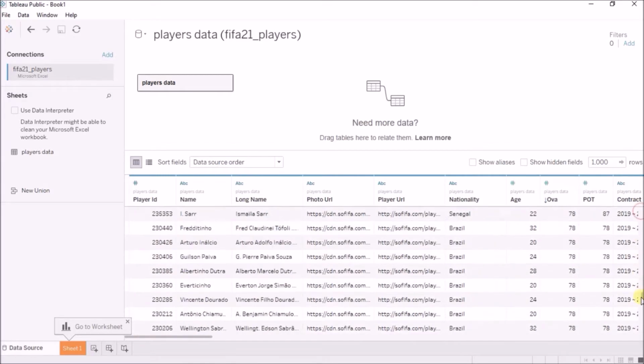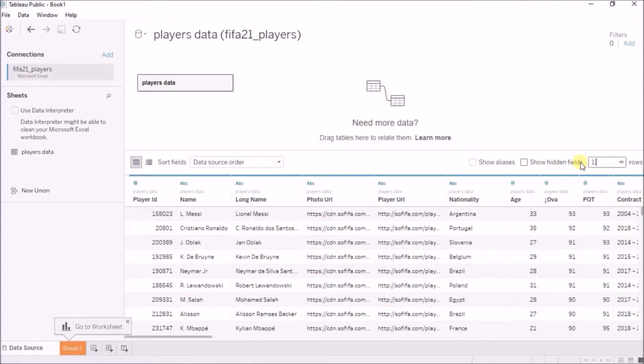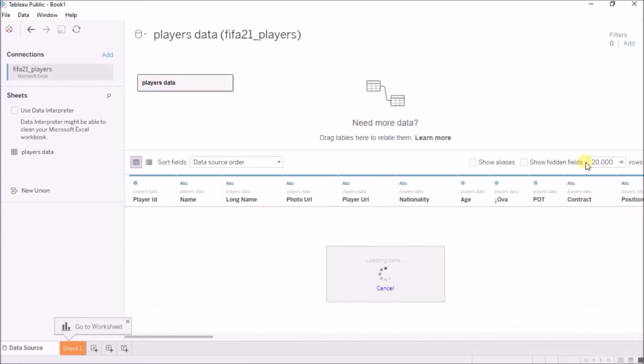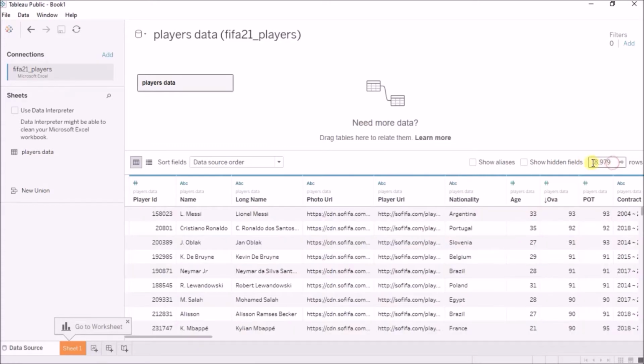Currently I am being shown the top 1000 records in the data, but I can change this by coming here. I can say give me only the first, say, 10 records, and this will give me only the first 10 records. Okay, if I want to see all the records, I can just give a rough estimate. Like, I know that there are 18,979 records, but if I say, for example, 20,000, now this is showing me 18,979 because this is the maximum number of records, and these are all the records in the data set.